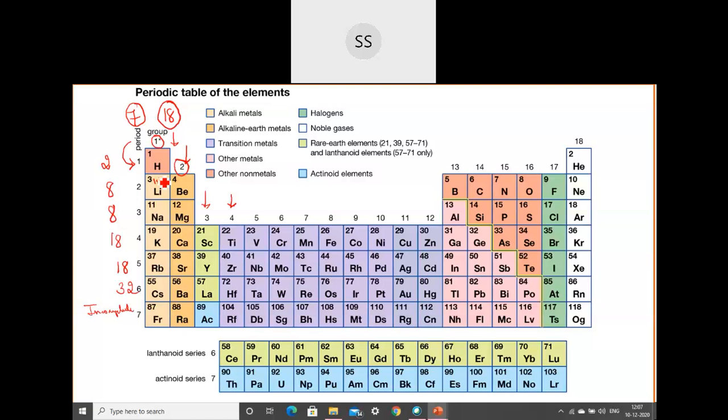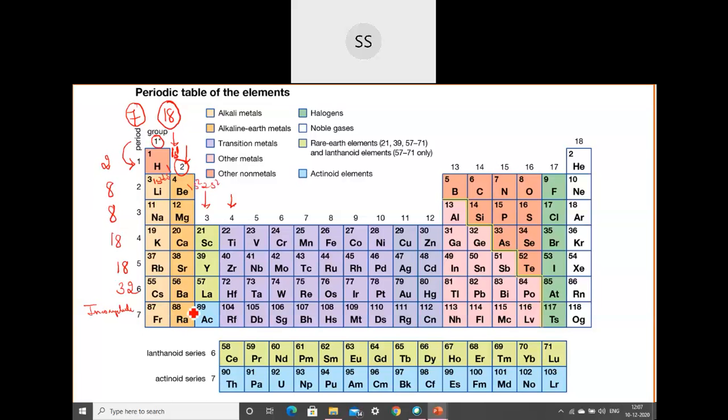Here, hydrogen has the electronic configuration 1s1, having only 1 electron. Lithium, atomic number 3, is 1s2 2s1. So the last added electron enters into the s orbital, and a maximum of only 2 electrons is possible, so only 2 groups. Beryllium, 4, is 1s2 2s2. The first group elements are called alkali metals, because they form soluble bases, and the second group elements are called alkaline earth metals.